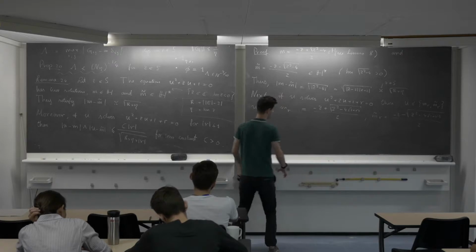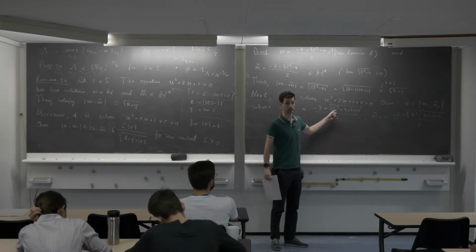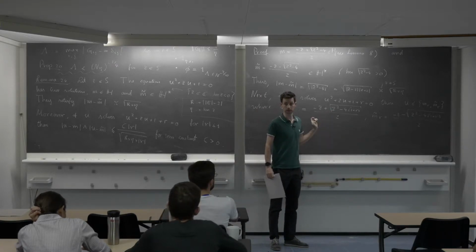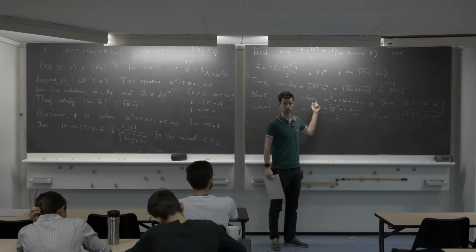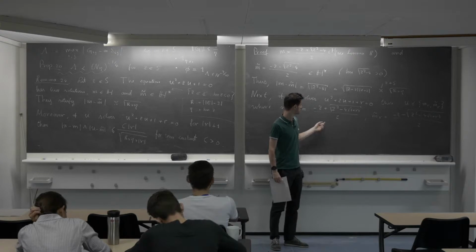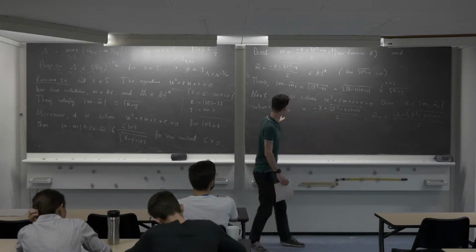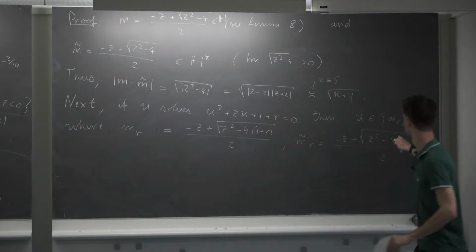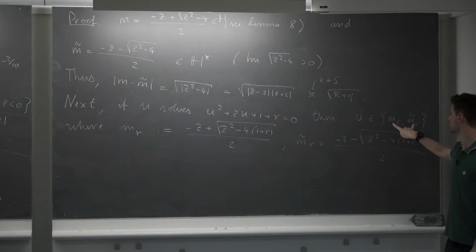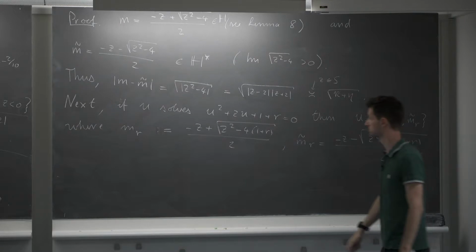And here, now you may worry, well, what square root do I take here? And the answer is I don't care. It doesn't matter which square root I take. You can take a really weird branch. It doesn't matter. They differ by a sign. If I change the choice, then I will just change which of these two I'm talking about. But all of the statements that I make, for example this one, is symmetric in terms of m_r and m_r tilde, so the choice of the square root doesn't matter.